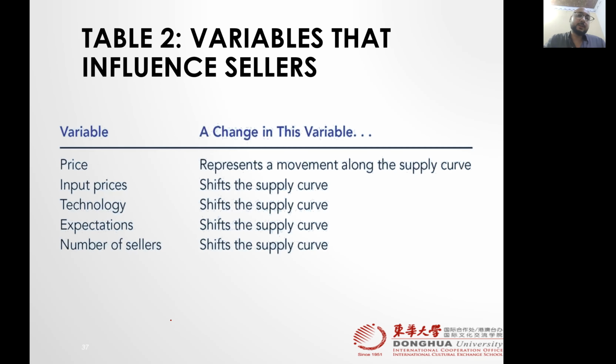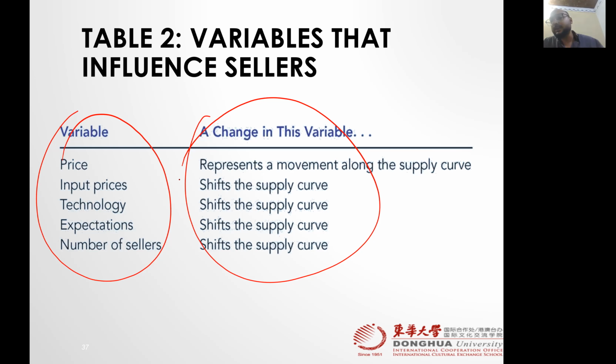So I have pasted your book table here. If you remember the concept, you don't need to pay attention here, because it's already obvious that price means movement along the curve. If price changes, if input prices change, technology changes, expectation changes, number of sellers changes, we all see shift in